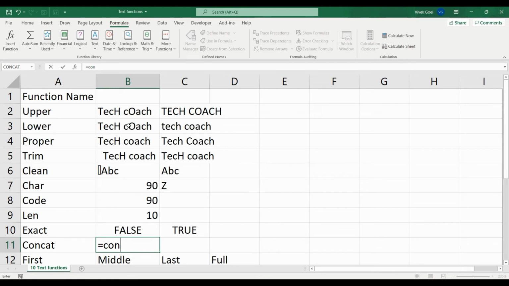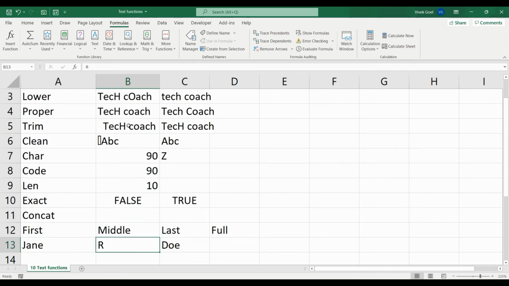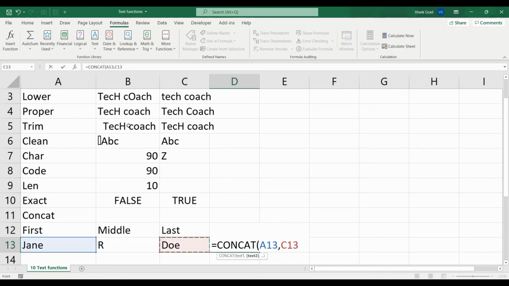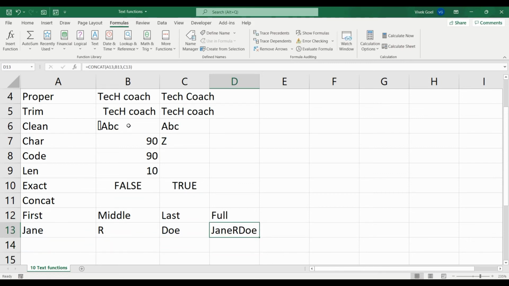For example, here we have first name, middle name and last name and we want to concatenate them to form full name. We can do that using concat. Here we don't have any spaces, but we can add them in concat by manually adding spaces in between middle and last name. For that, we write a comma followed by double quotes and space. We repeat the same again and now we have a proper full name with spaces.